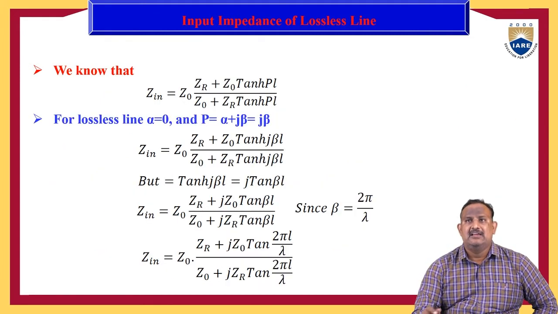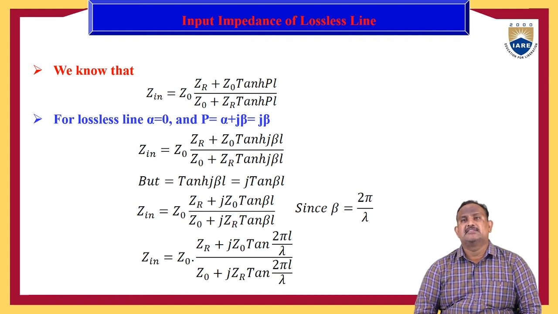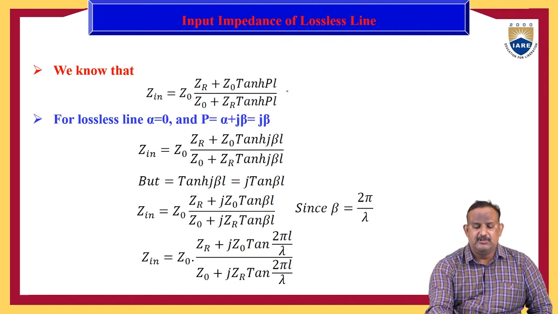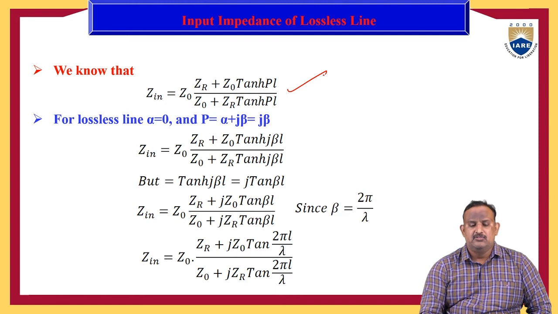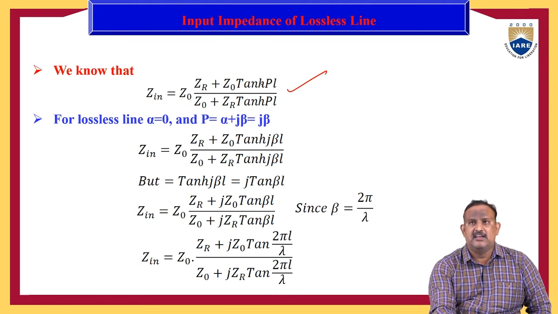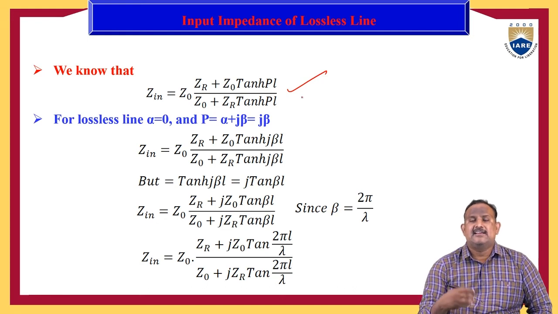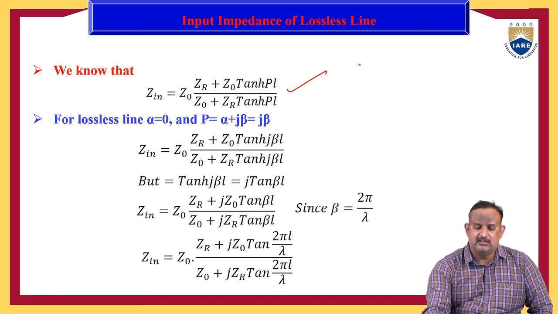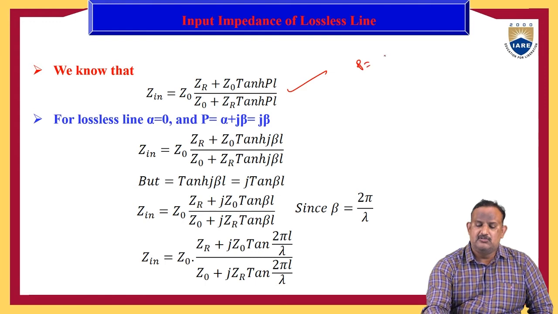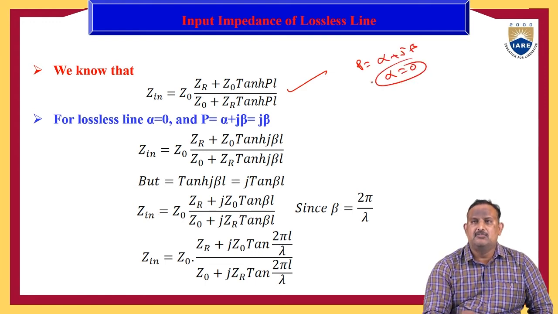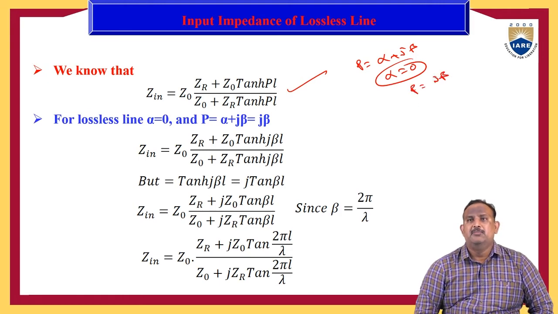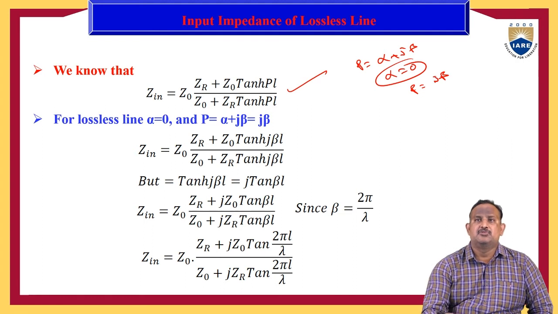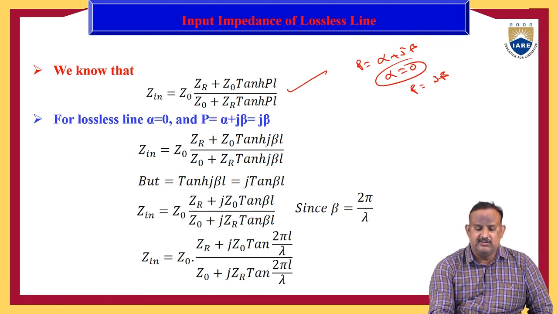Next, input impedance of a lossless line. Here we know that the input impedance of a transmission line is Zn equal to Z0 into (ZR plus Z0 tanh PL) by (Z0 plus ZR tanh PL). For a lossless transmission line, the propagation constant P is equal to alpha plus J beta, and we need to substitute alpha equal to 0. Therefore, the propagation constant P becomes J beta. Therefore, if you substitute P equal to J beta in the transmission line equation, we have